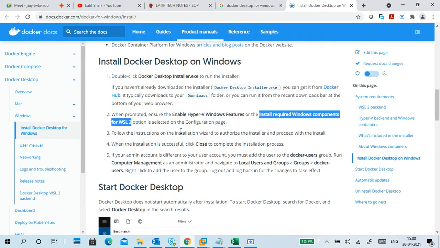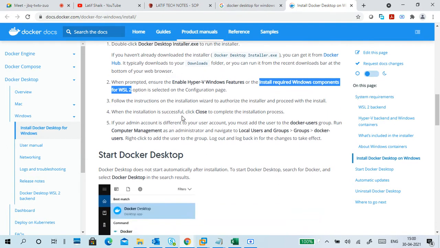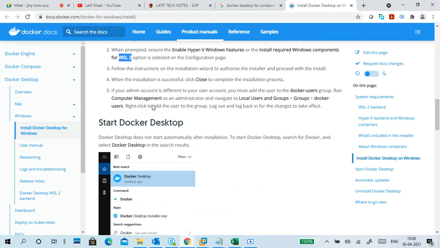Either you can choose it. Last time I checked, as I searched for the issue we got last time, I found that this is much better than traditional Hyper-V. It is much lighter, meaning it doesn't occupy much space.